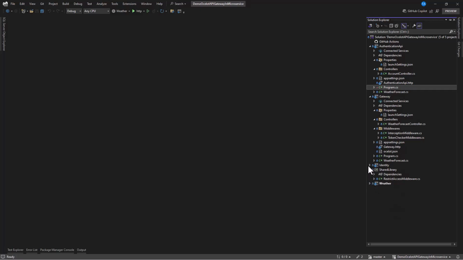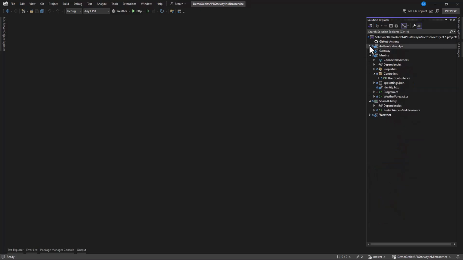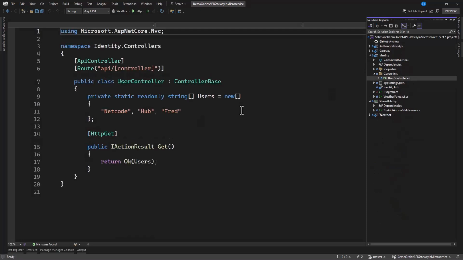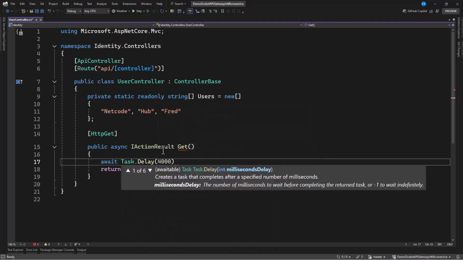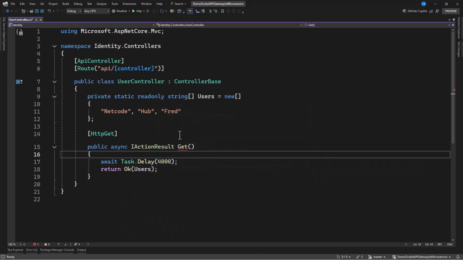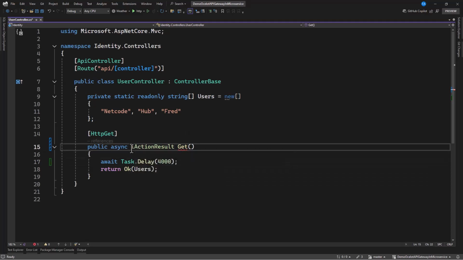That is these two services. So in that, let's introduce delay. So in the controller, where we have this user controller, this returns just a list of users in here, a very simple one. But with this, we want to introduce delay. So let's say this await Task.Delay. Let's delay 4 seconds. And let's set this to task.